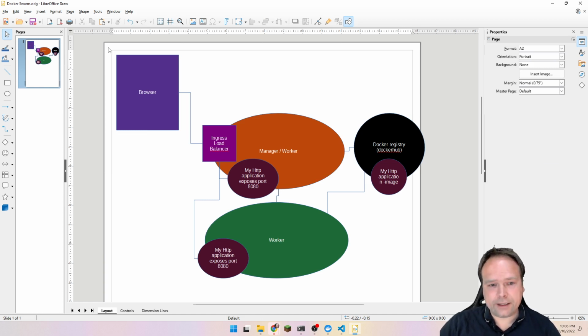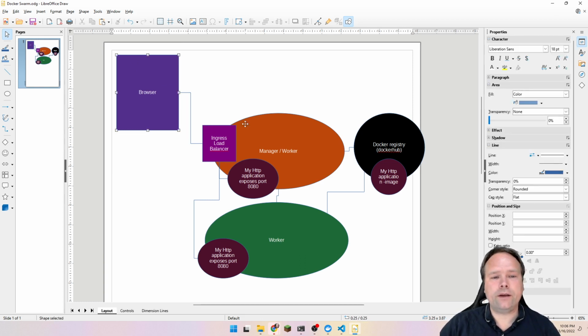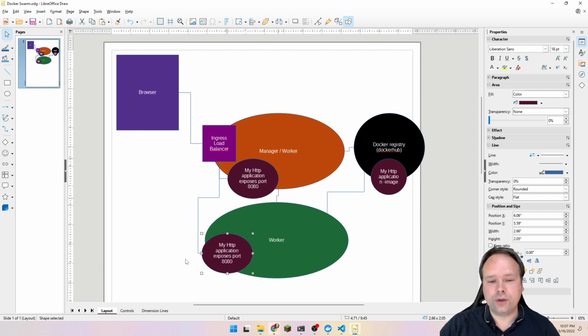Docker package. It uses something called the Engine load balancer. So that means that if we have a browser that accesses a port that is exposed, then the Engine load balancer will direct the communication either to this HTTP application that I have on my manager, on my worker 1 right here, or it would distribute the traffic to worker 2. And of course, it's just a simple load balancer, but